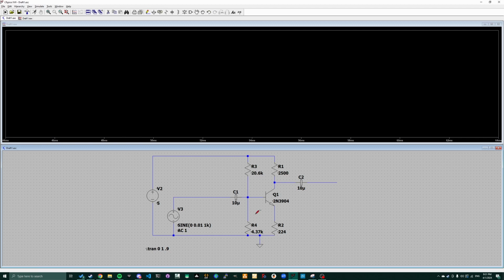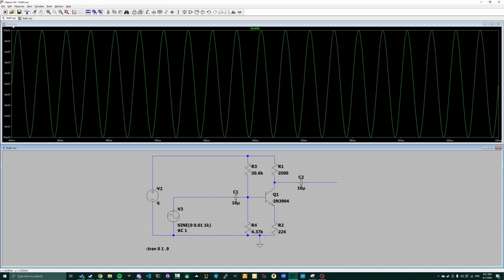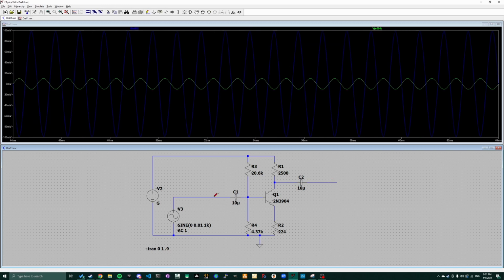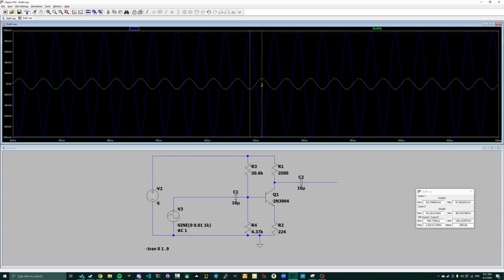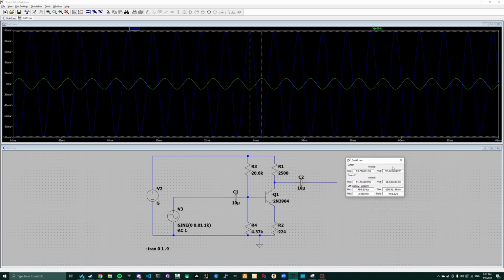So, with all that set aside, I've gone ahead and run the simulation, and if I probe the input here, you can see a 10 millivolt peak-to-peak signal. Now if I probe the output here, and remember these are AC coupled, the output is this blue trace. And you see we have voltage gain, but we wanted a gain of 10. So if I get out the probes here, and I probe the very peak of this waveform and the very trough of this waveform, on this window here,